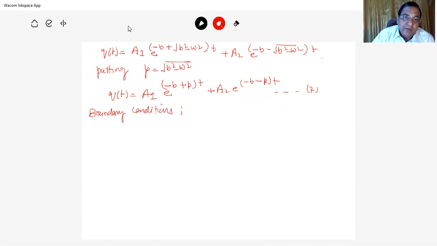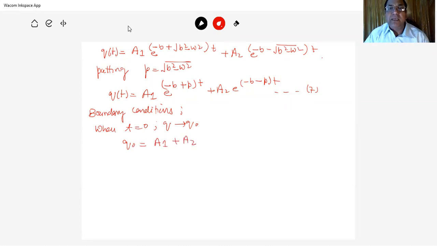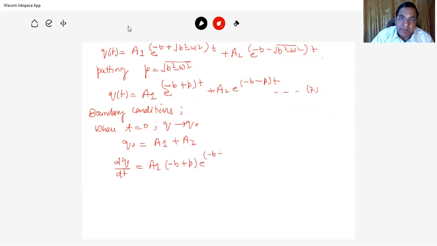बाउंड्री कंडीशन क्या? When t is equal to 0, तो q tends to q0 इनिशियली। तो ये q0 is equal to a1 plus a2, क्योंकि e raised to the power 0 is 1, यहाँ पे भी 1। दूसरा है, इसको डिफरेंशिएट कर दें, dq by dt is equal to a1 into minus b plus p e raised to the power minus b plus p t plus a2 into minus b minus p e raised to the power minus b minus p of t। ये हो गया।